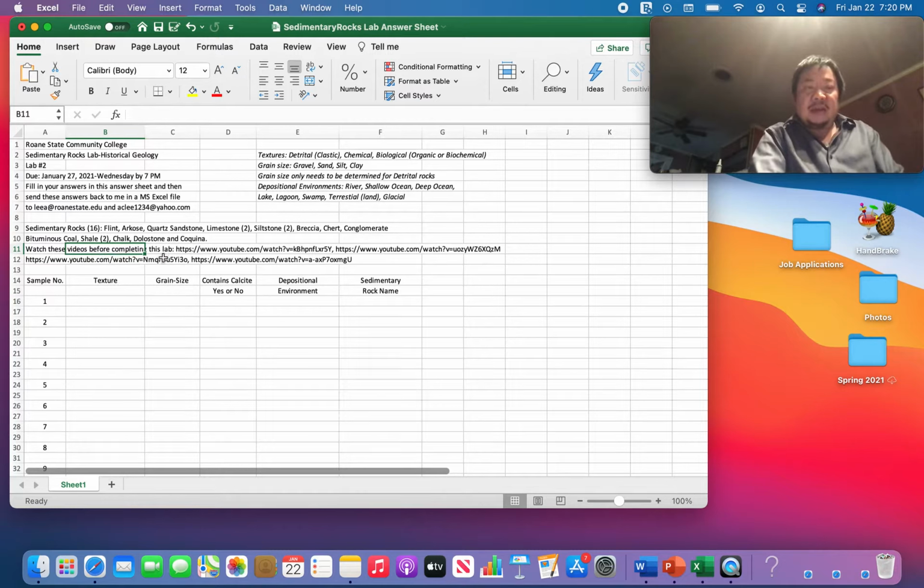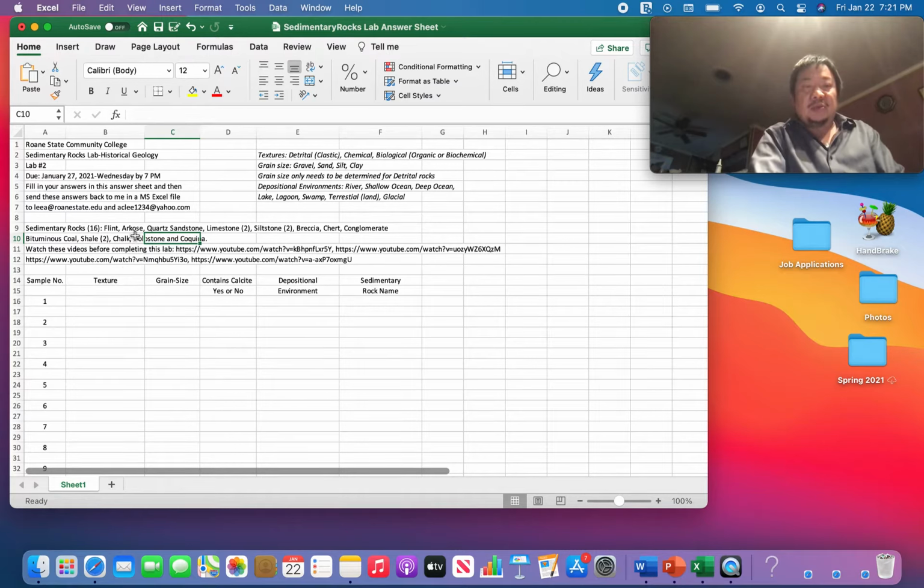Your job is to identify 16 different sedimentary rocks. You got 1 flint, 1 arkose, 1 quartz sandstone, 2 limestones, 2 siltstones, a breccia, a chert, C-H-E-R-T, a conglomerate, 1 bituminous coal, 2 shales, 1 chalk sample, 1 dolostone sample, and 1 coquina sample. And these 16 rocks are going to be labeled 1 through 16. You got to figure out